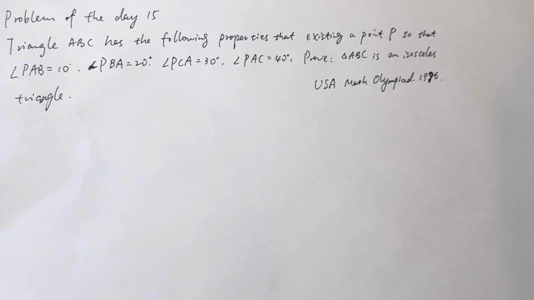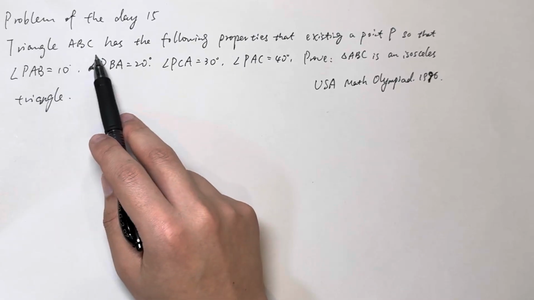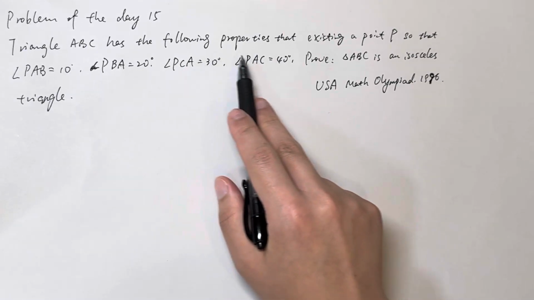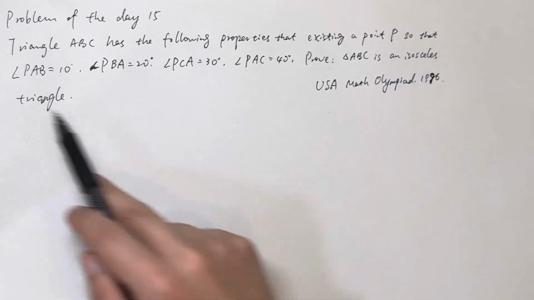So, I have an update for the problem of the day for a long time. Let's just look at the problem of the day 15. This is a problem from USA Math Olympiad in 1996. So it seems that the triangle ABC has the following properties: that existing a point P so that angle